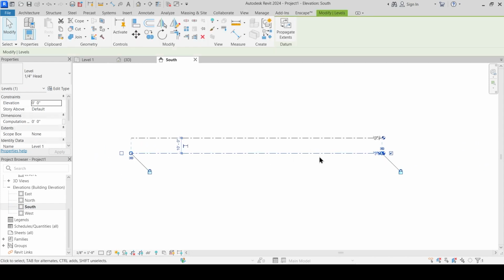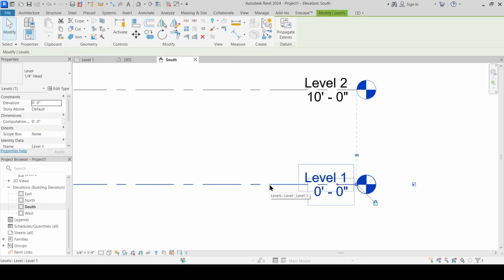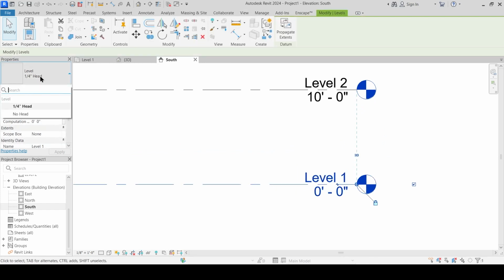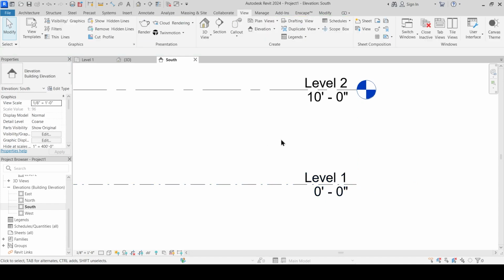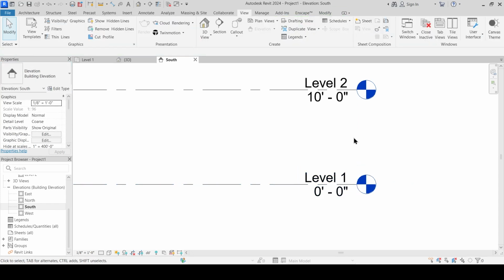See, if I just click this, then it says that level has a 1/4 inch head. Fine. Now just notice the difference. If I select this particular level line and change it from 1/4 inch to no head, then this particular icon disappears. This particular symbol disappears. And if I take this back to 1/4 of an inch, then it again